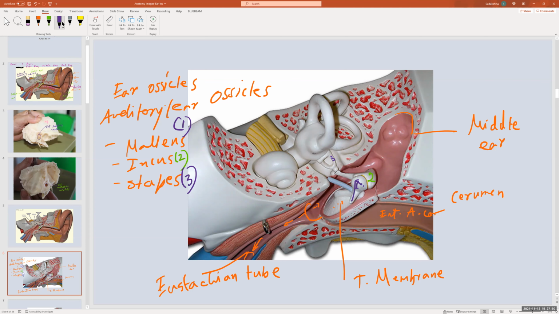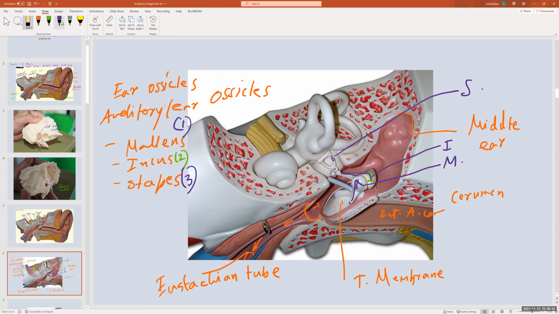So this bone is malleus, all of this incus, and this entire bone stapes. Malleus, incus, stapes. Now malleus is connected to the tympanic membrane and to the incus. Incus is connected to the stapes. Stapes is pushing down